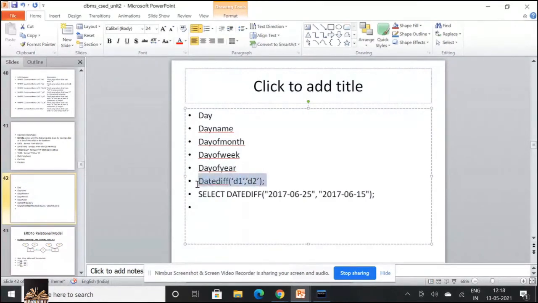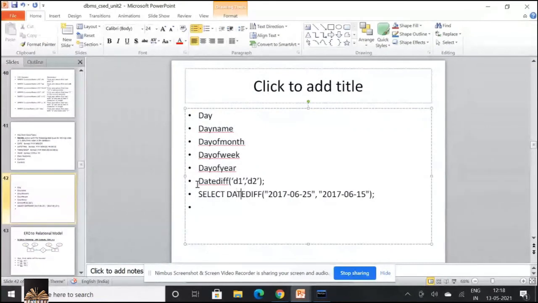Date difference gives you the number of days with respect to two dates given to you. So DATEDIFF takes two arguments, D1 and D2.